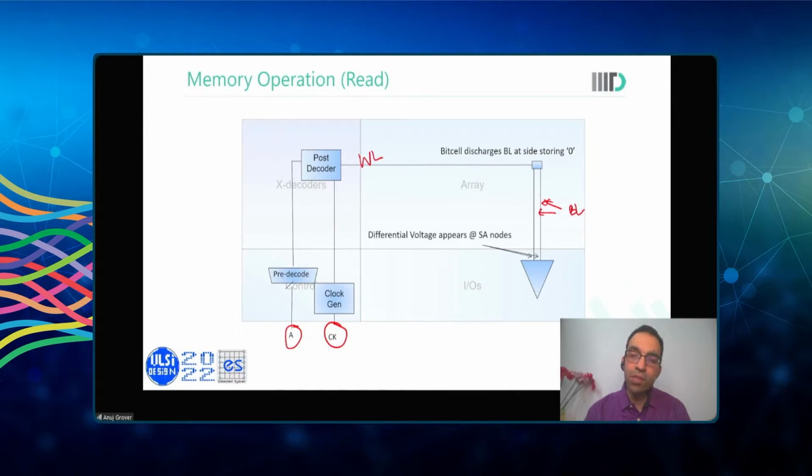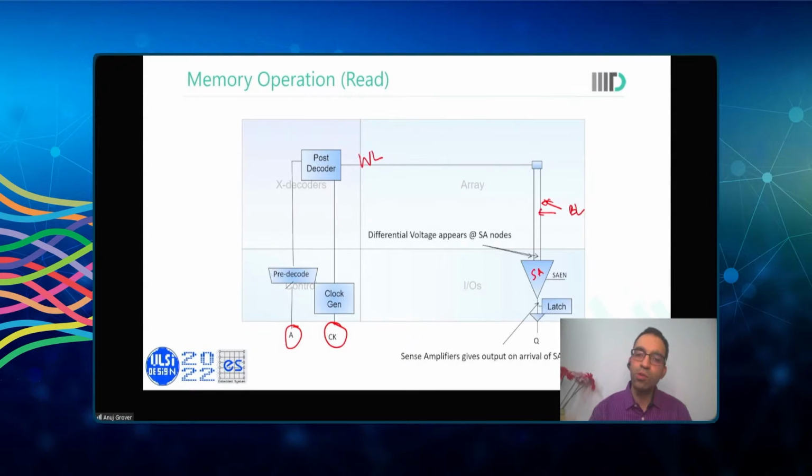A differential voltage appears between the bit lines, and then we have what is called a sense amplifier that is activated, and the output is made available to the user. This is the typical read operation in an SRAM. Now, we may have many more additional features. We could have test features, we could have security or debuggability features also added in, but this is the core read operation in an SRAM,